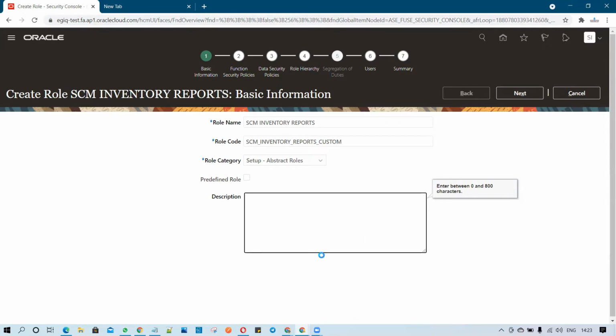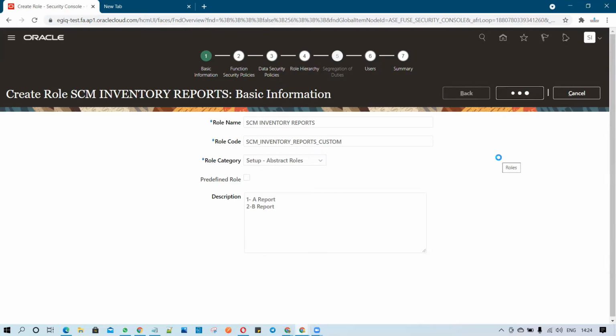Let's assume one is A report, second is B report. So this is how you can add all those reports, so you have an idea of how many custom BIP reports the particular role is associated with. Now you have to click on Next.